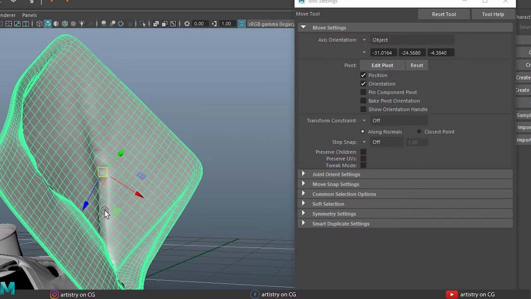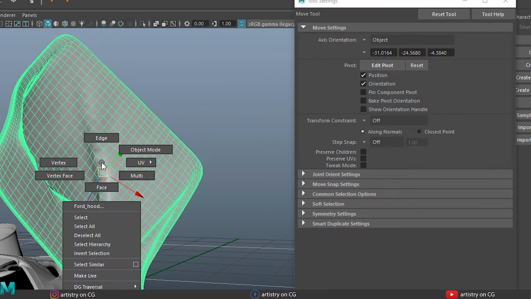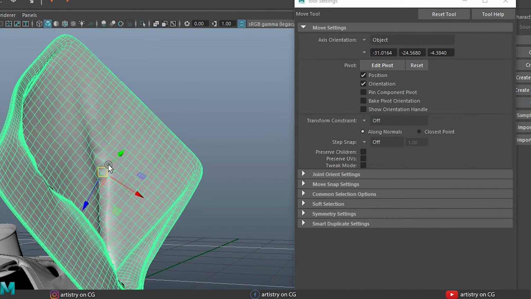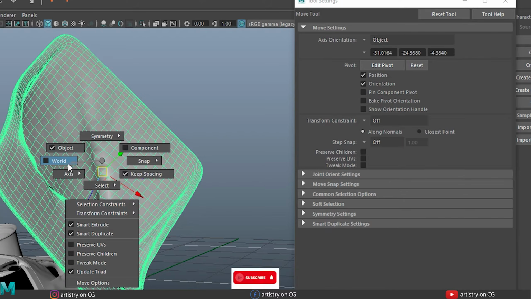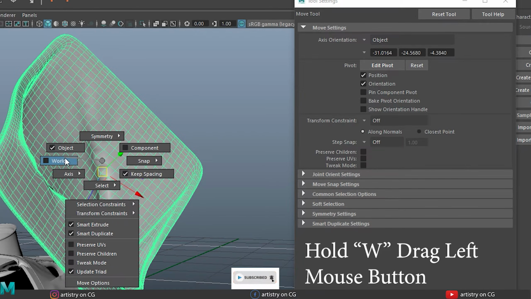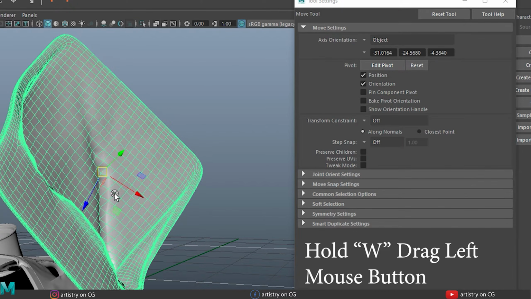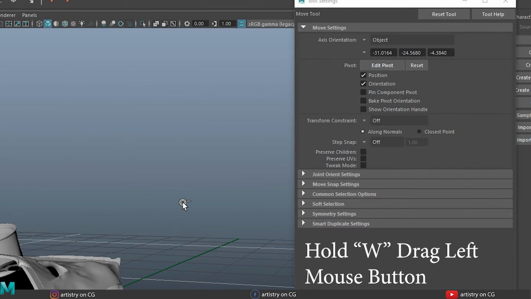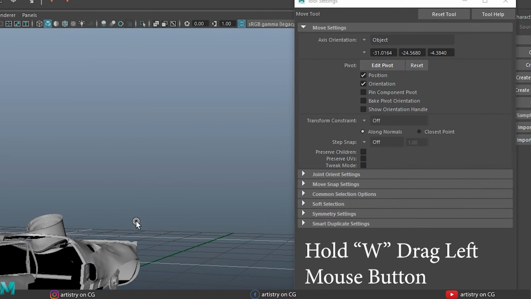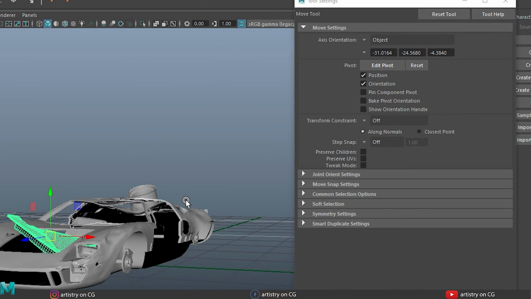Now all these axes are with respect to the object only, not world. You can get these orientation options directly with a shortcut: hold W and drag the left mouse button over these options here. Then you can switch between world and object orientation easily. So remember, hold W and then drag with the left mouse button over these options here.